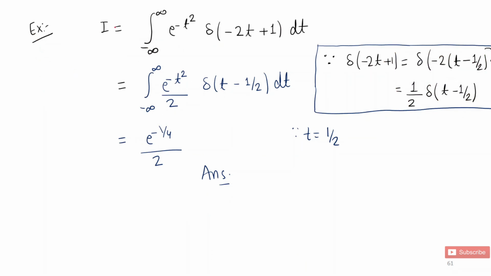Example based on this property: the integral from minus infinity to infinity of e to the power minus t square times delta of minus 2t plus 1. इसमें स्केलिंग वाली प्रॉपर्टी आपको लगानी है. दिस इज x(t) इंटू डेल्टा माइनस 2t प्लस 1. इसको आप अलग से सॉल्व कर लो. यहाँ पर इसको आप सॉल्व करेंगे तो कॉमन आउट लेंगे -2, तो डेल्टा ए टी वाली प्रॉपर्टी लगाएंगे 1/2 डेल्टा t माइनस t1. इसी को मैंने यहाँ पर लिख दिया डेल्टा t माइनस 1/2, और ये 1/2 यहाँ पर चला गया. दिस इज x(t). ओके, अभी आपको प्रॉपर्टी लगाना है x(t1). t1 क्या है आपका 1/2, तो ये आपने यहाँ पर पुट किया 1/2, ये हो गया आपका 1/4 e. तो ये आंसर ईजी है आपके.